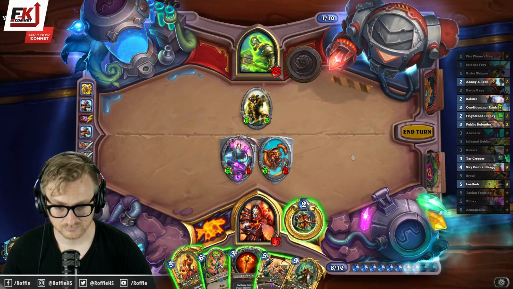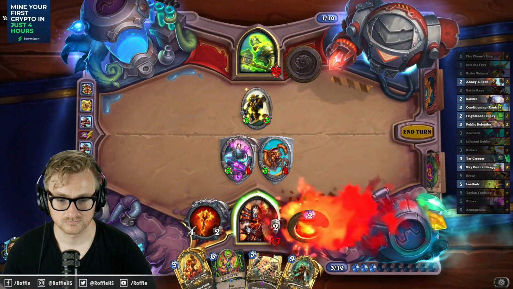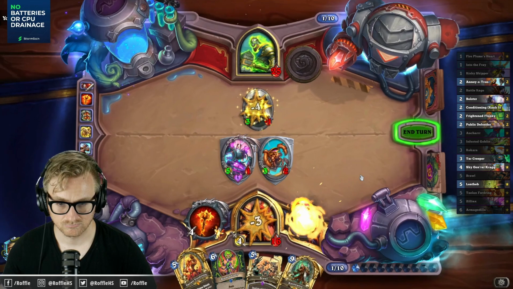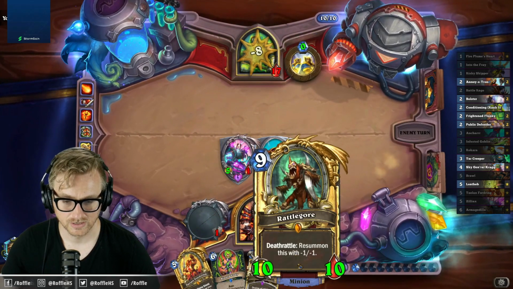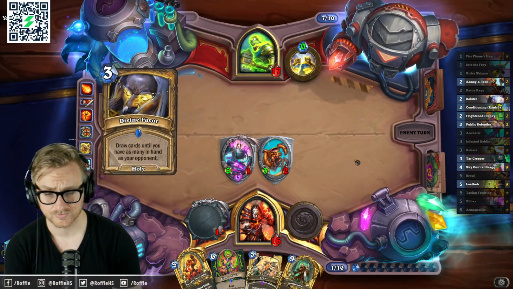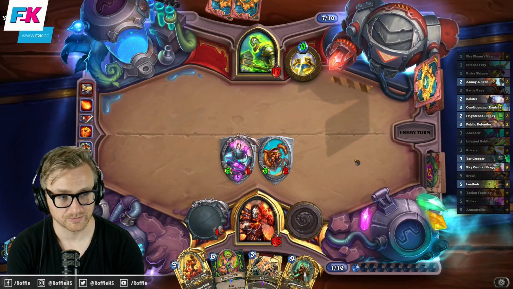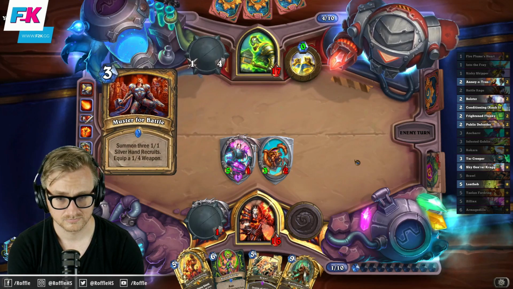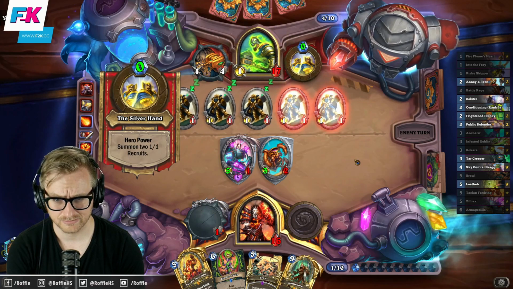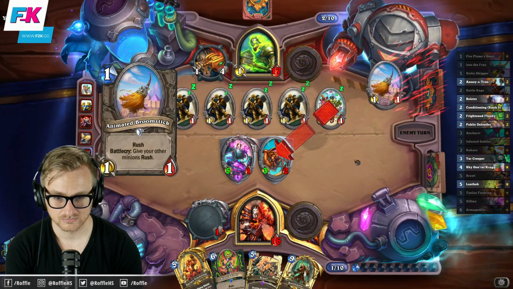Rattlegore. Alright, we're just jamming the Rattlegore next turn. I don't need a hero power. Now, they have played both Quartermasters. Well, at this point the Rattlegore is just better because it...